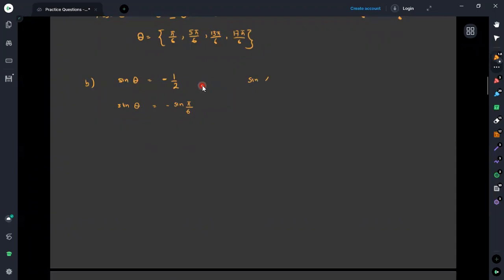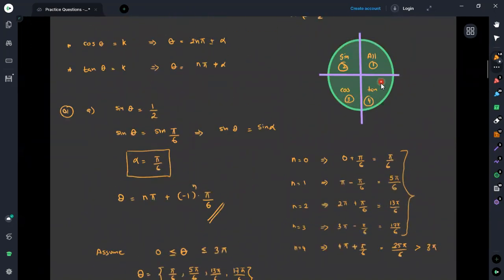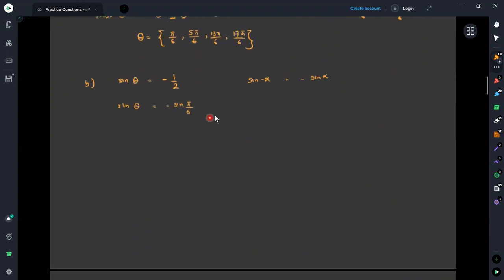What we know is that if we have sine minus alpha, we can take this as minus sine alpha as well. Therefore, we can combine this situation to get minus sine alpha. Here, to get a minus value, we can measure it in the negative direction, and the negative direction means the clockwise direction. Therefore, sine minus alpha can be written as minus sine alpha.